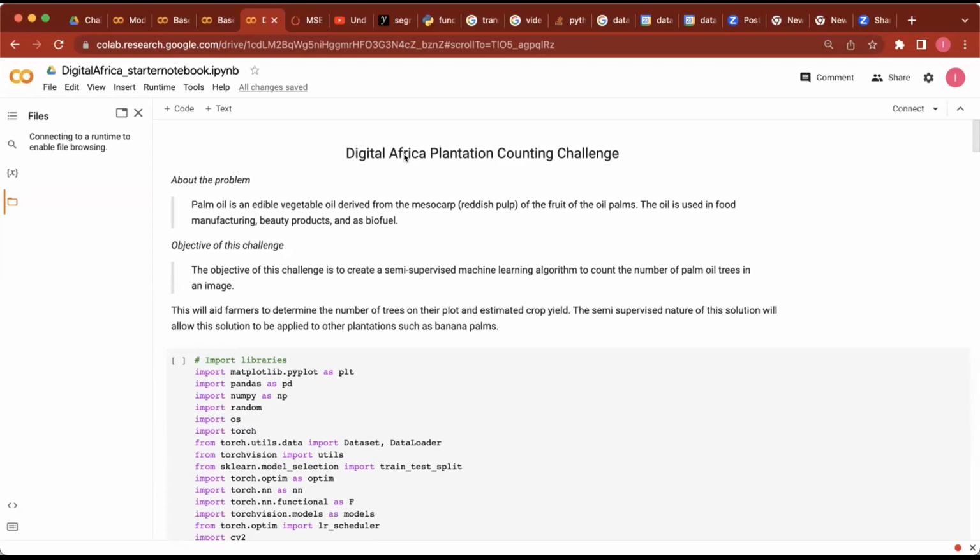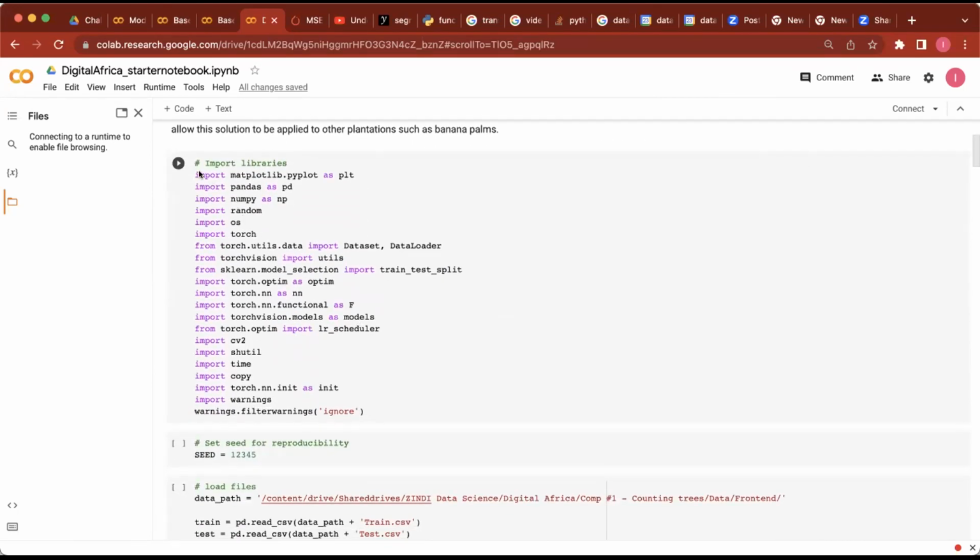For this hackathon, the objective is to create a machine learning algorithm that will be capable of counting the number of palm trees in an image. So let's go to the presentation of the baseline. Here, we import all the libraries that we will use to realize our model.